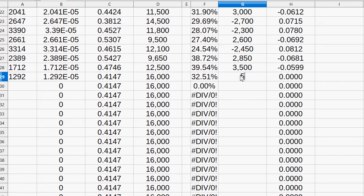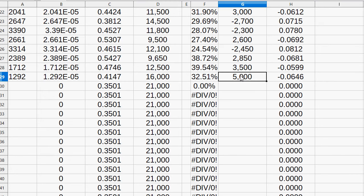And if we go like 5,000, what would that cost? That would cost more. So 4,000. That would cost less, but 45. You know what? We'll go there. So now I have